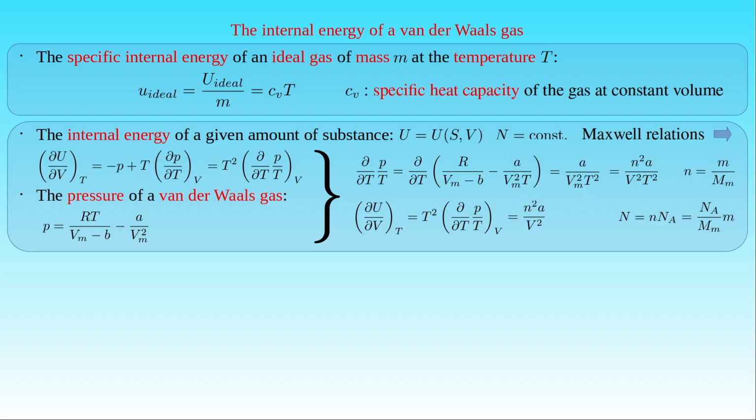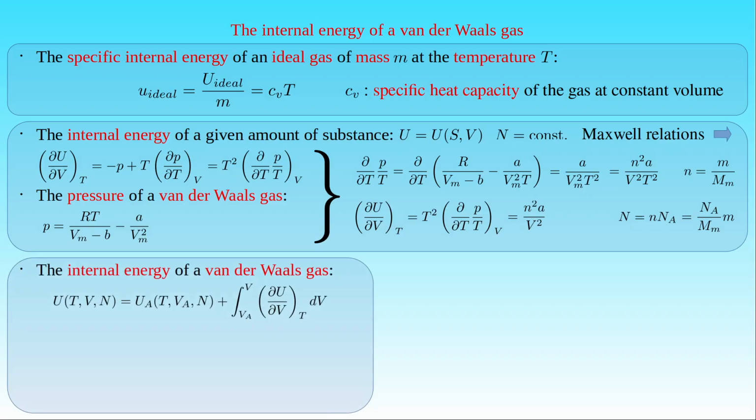Now the internal energy U of a van der Waals gas can be written as the integral of the partial derivative of the internal energy with respect to the volume at a constant temperature, where we integrate along any isothermal path between an arbitrary initial state A with the volume VA and the actual state with the volume V. The internal energy depending on the temperature T, the volume V, and the number of particles N of the gas